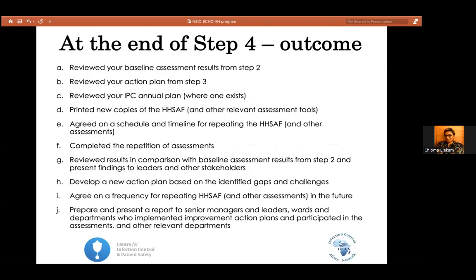So at the end of step 4, you are expected to have your reviewed action plan based on improvement. We expect improvement. You don't want to waste resources, whether time, human resources, or financial resources. So we expect an improvement on your baseline assessment. It means that your new action plan will be updated. If your staff have been trained, you don't need to put that in at least the next 1 year for the training, or in the next 6 months.